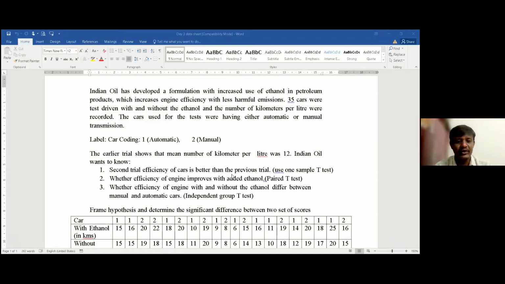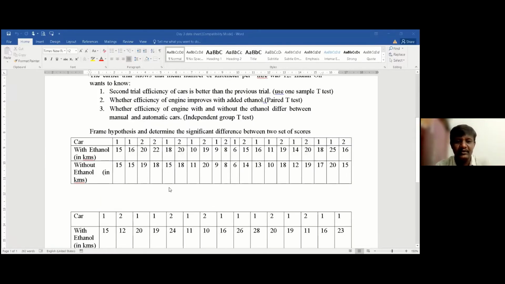The test drive was done at two different times. First they used only petrol and collected the average mileage given by 35 cars. The second time, they added ethanol to the petrol and again recorded the average mileage given by 35 cars.